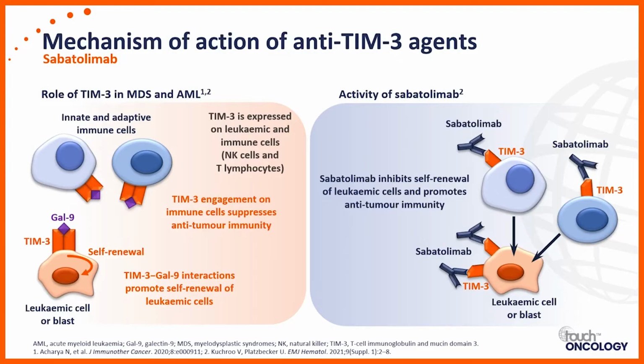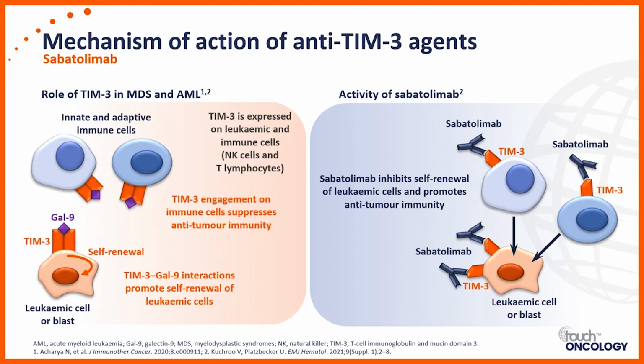TIM3 is a very interesting target because TIM3 is highly expressed both on leukemic cells and on immune cells, NK and T helper cells, with, of course, different biological significance. So if we block TIM3, there is an inhibition of the proliferation of leukemic cells because it blocks the TIM3-galectin-9 autocrine feedback loop. So if we give anti-TIM3 agents, these stimulate apoptosis of leukemic cells,